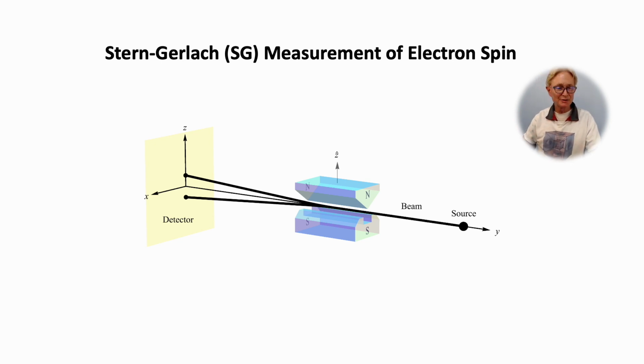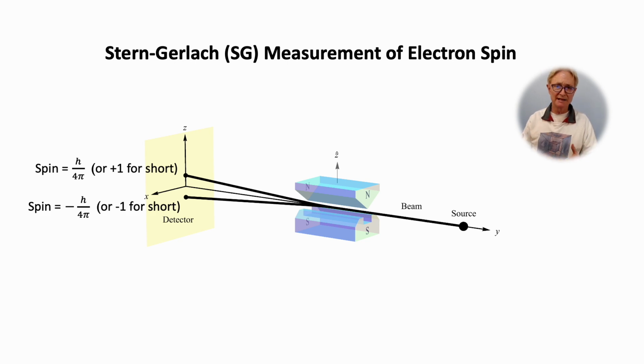Anyway, as Stern and Gerlach sent silver atoms through a non-uniform magnetic field, they found the atoms were deflected up towards the north magnetic pole or down towards the south magnetic pole, never anywhere in between. The deflection was eventually attributed to the spin angular momentum of the silver atom's valence electron, which equals plus or minus Planck's constant h divided by 4 pi. So, as Steven Weinberg pointed out, when you measure electron spin with Stern-Gerlach magnets, you're measuring Planck's constant h.